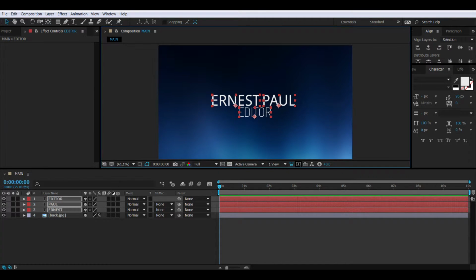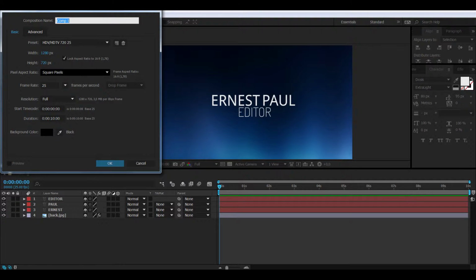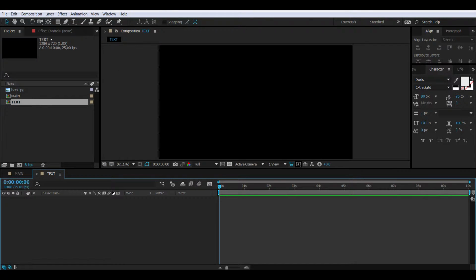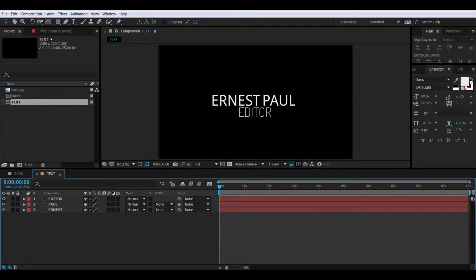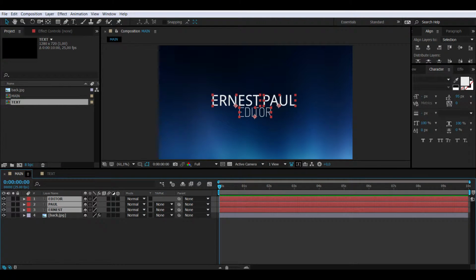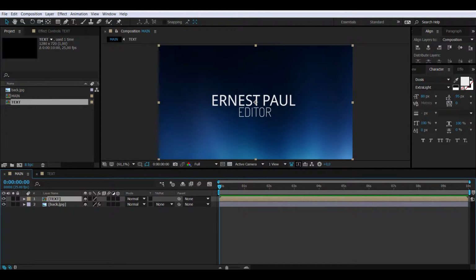Okay, so next thing, I'm going to create a new composition that I will call text. So in the main composition, I will copy the text that I just typed, Ernest, Paul, editor, and I will paste them in the text composition. Okay, so now I can go to the main composition and delete them. By dragging the text composition that I just created into the main composition, I can see what is going on